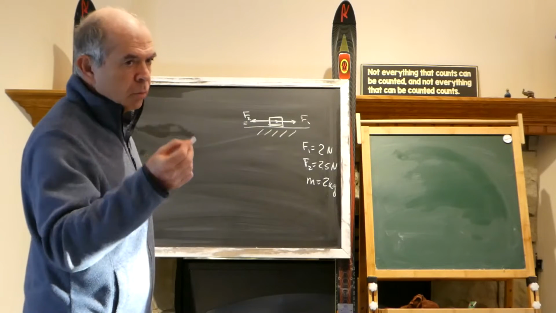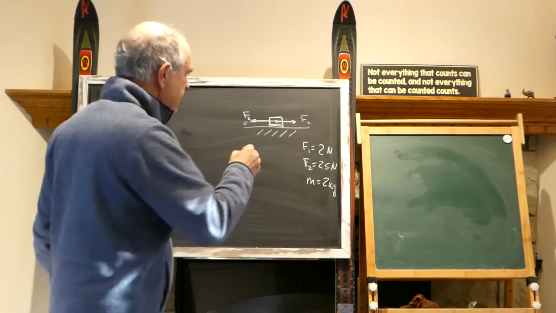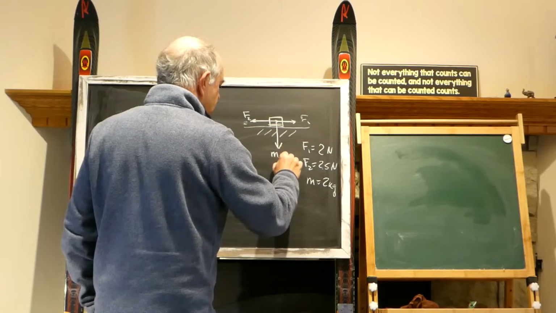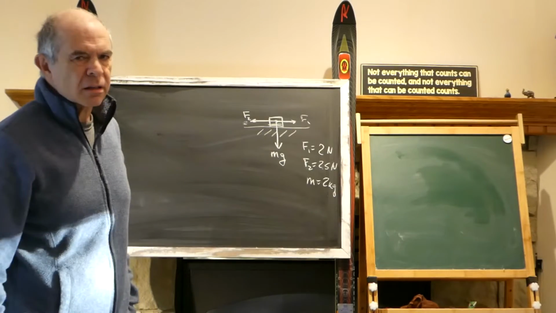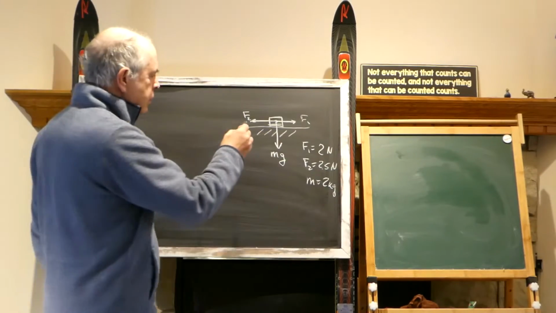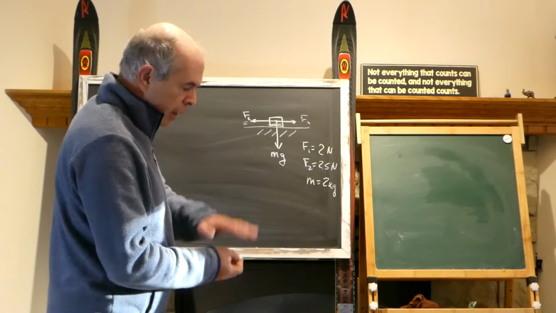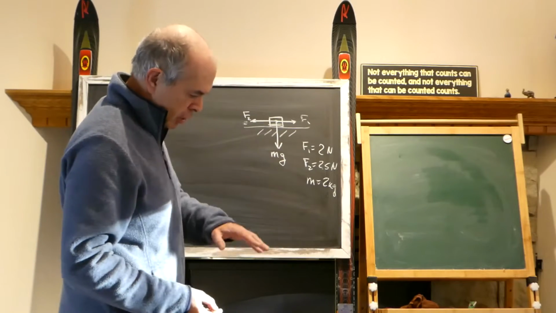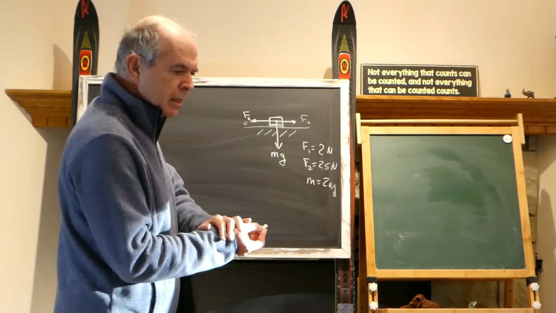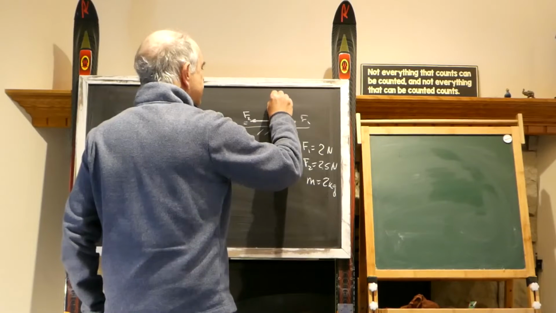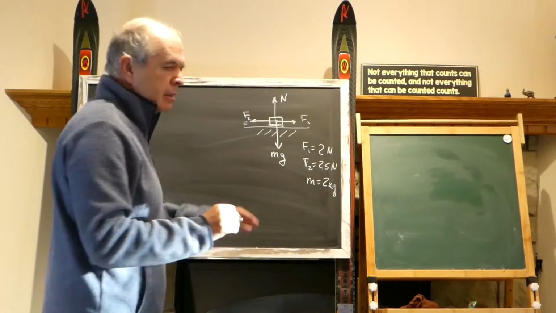Of course, pause. Of course, it's interacting with Earth, and it is mg, gravity, nothing else. Of course, it's also interacting with the surface because it wants to fall down, but mg pushes it down, but the surface prevents it, so the surface pushes it back up with N, normal reaction, and there is no